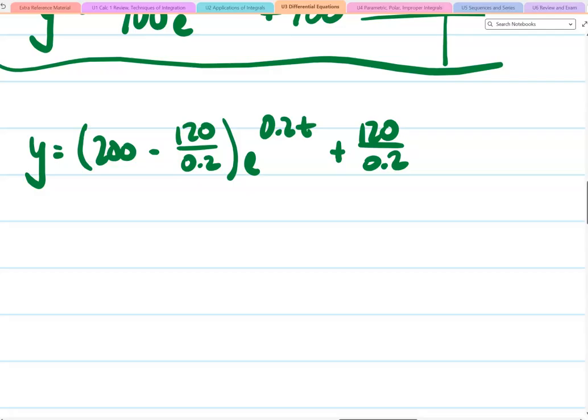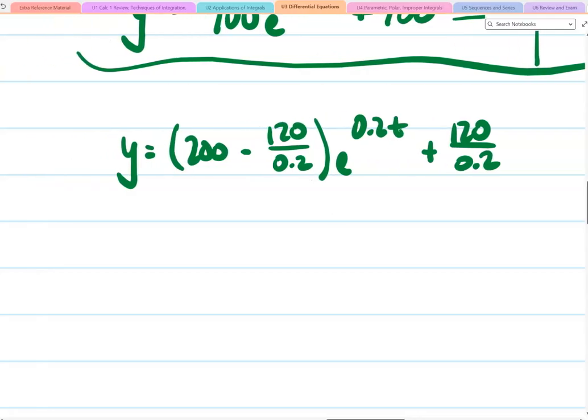Now here again, to divide by 0.2, that's the same as multiplying by 5. 120 times 5, I believe, is 600. So 200 minus 600 is now negative 400 e to the 0.2 t power, and then 120 divided by 0.2